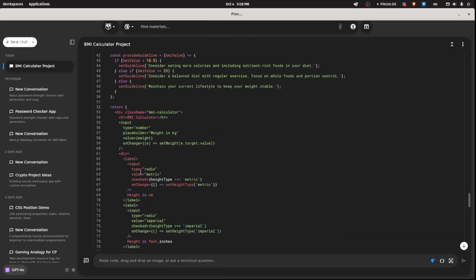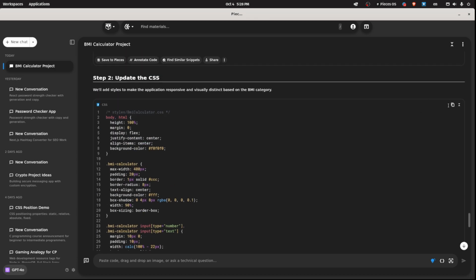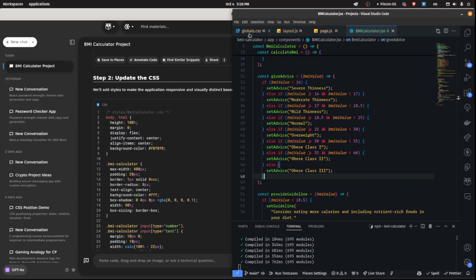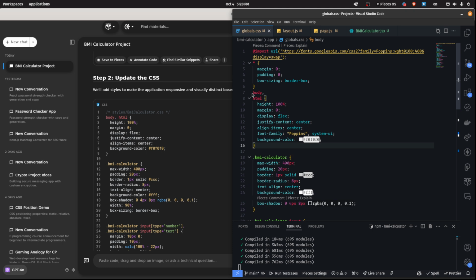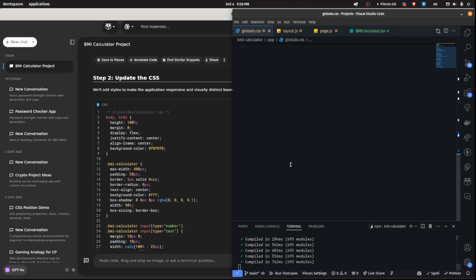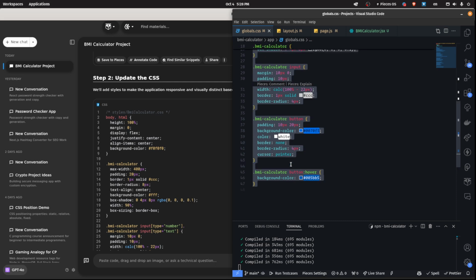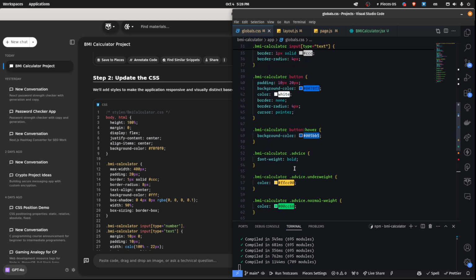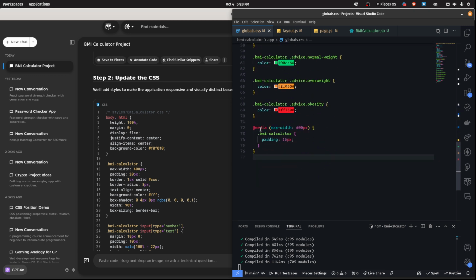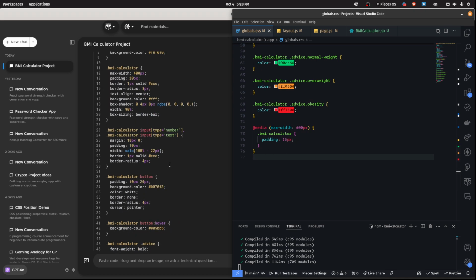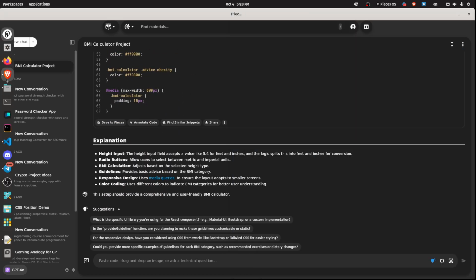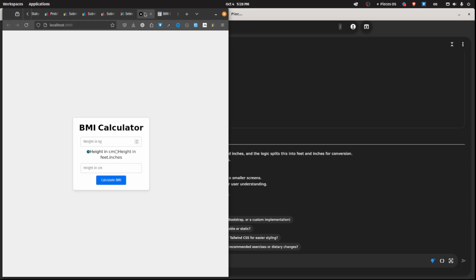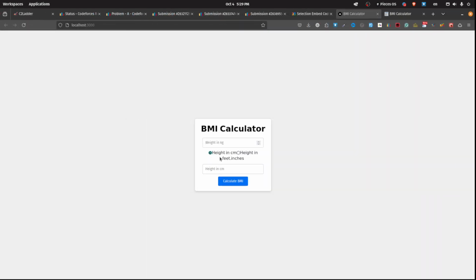And then go to the CSS part, copy everything from here and open the globals.css file and paste it here by removing the previous CSS code. Okay, now I can see 76 lines of code here, including the media query. So if I go to my browser and check the project, here I can see now